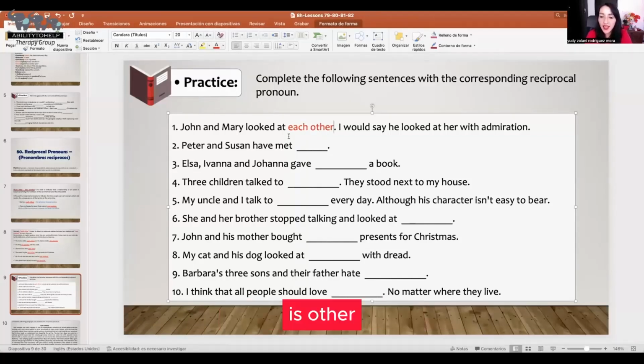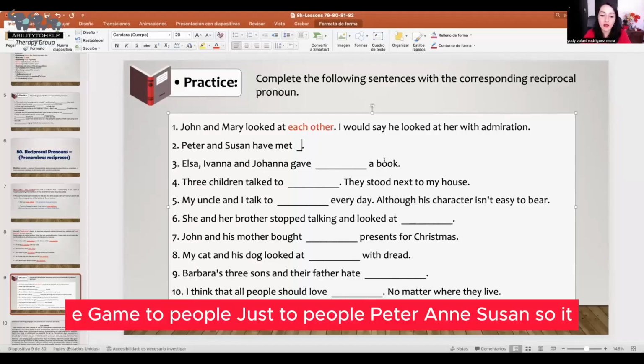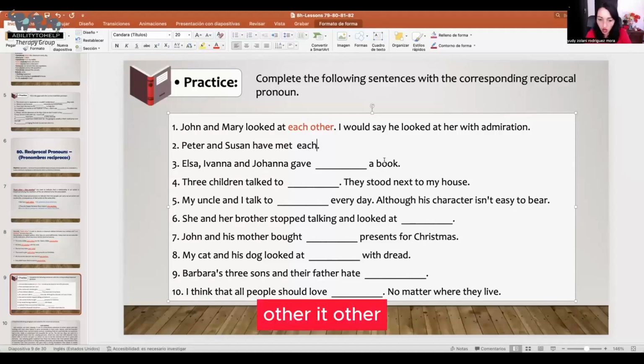I would say he looked at her with admiration. Peter and Susan have met again, two people, just two people, Peter and Susan. So each other, because I'm talking about just two, to set a reciprocal